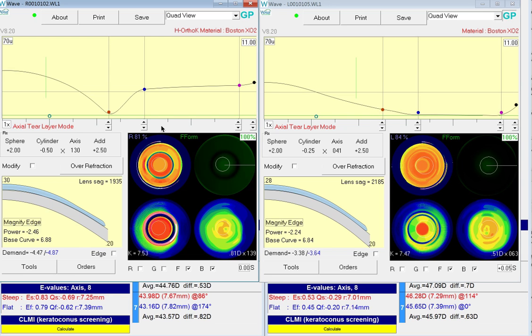And then I also noticed that after running the calculations I had to manually turn off the asphericity, so I probably want to set that to 0 first and then go into the tools and configuration settings to make the new lens. So this is an intrapalpebral lens. This is just a corneal lens. It's not going to